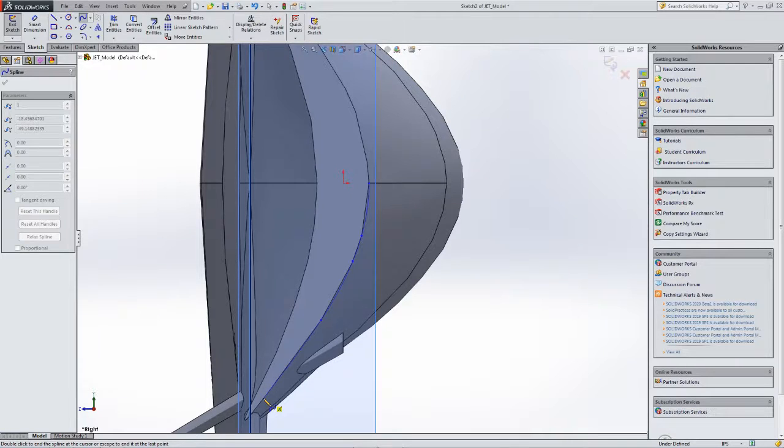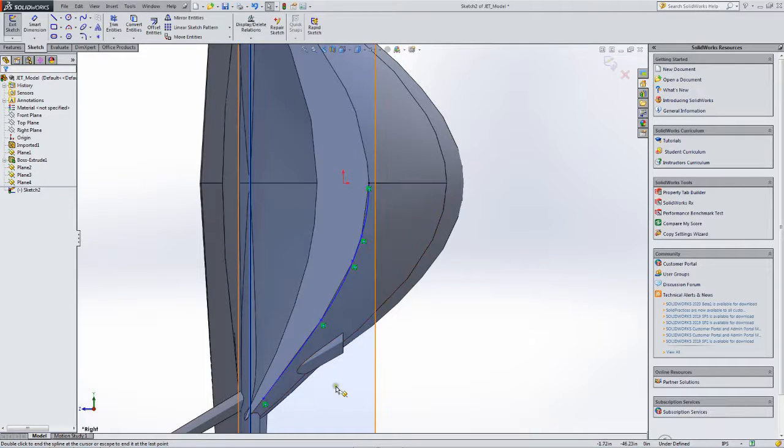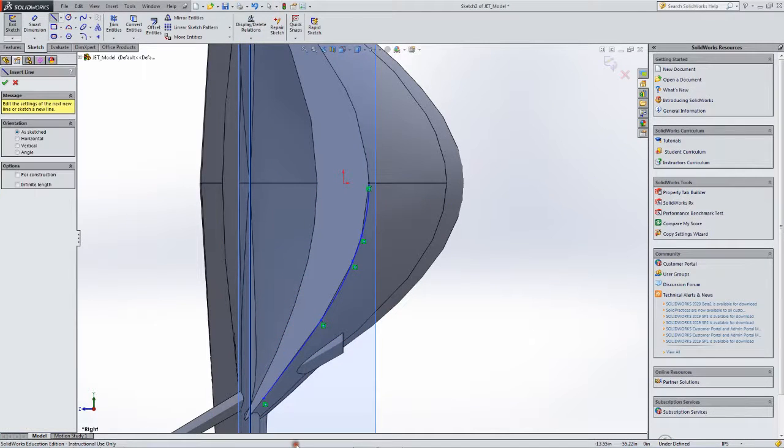But the drawing doesn't necessarily show it that way. So it looks like we haven't followed the curve very well, but in fact in the CAD engine we've done just fine. Alright, and then we have to do the rest of this,